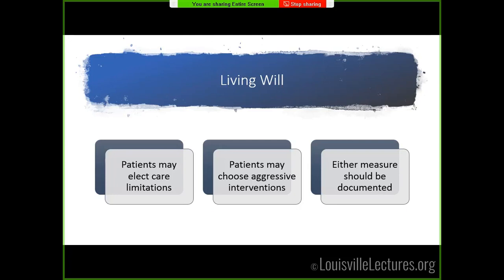So again, patients may elect care limitations. Patients may choose a very aggressive intervention. And either way, we should make sure that we're doing everything we can to document what those wishes of the patient are. I'm sure we all deal with and struggle with the increased prevalence of chronic illnesses, which limit our ability to express our wishes, especially dementia. So making sure that we get these things documented, that we've talked about these things with folks upstream of those illnesses when they can't really express their wishes and discuss those concerns with us is really important.